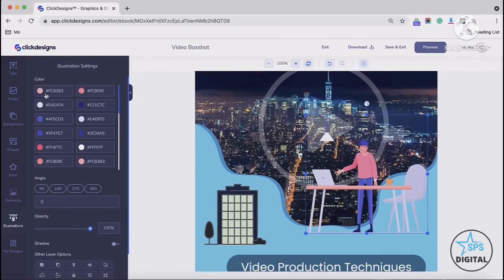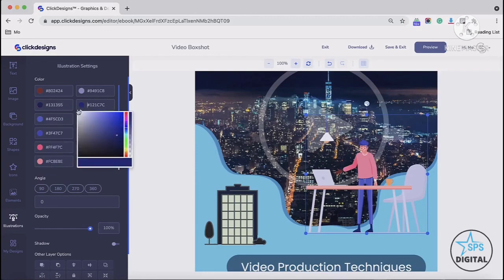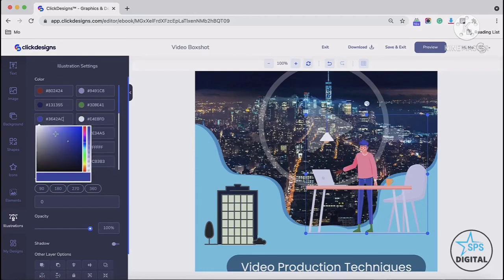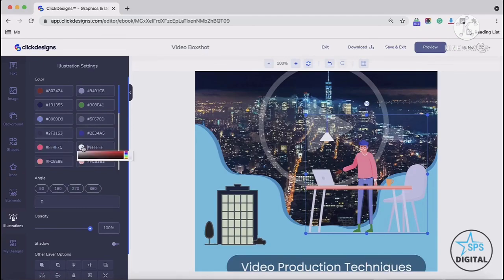Then you would see different colors that are popping up on the left side. So what you can do is adjust the colors, and the illustration that you've added will have its colors customized and adjusted accordingly. As you can see, the colors are changing as I click. This can match the background of your